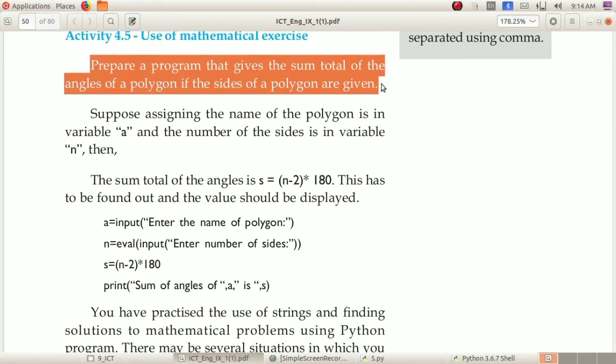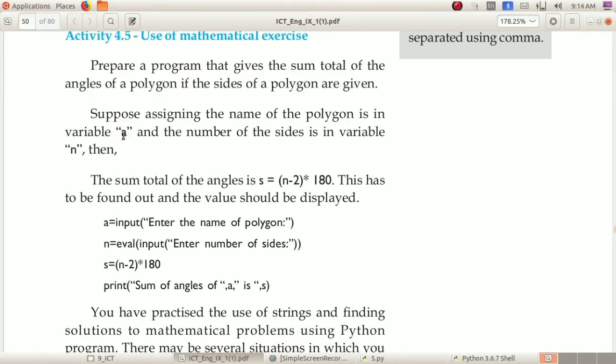Here we can store the name of the polygon in the variable A. So what is A? Name of the polygon. Then the number of sides can be stored in the variable N. So A is the name of the polygon, N is the number of sides.